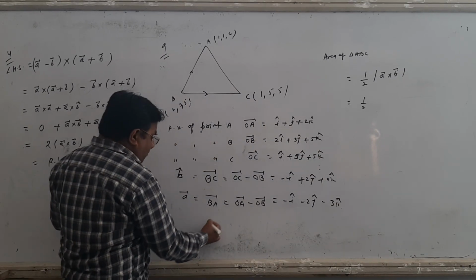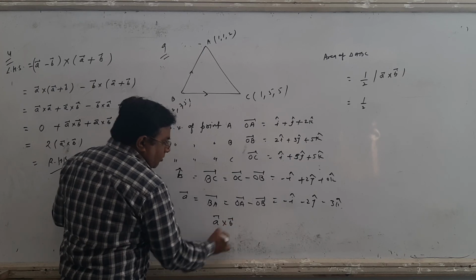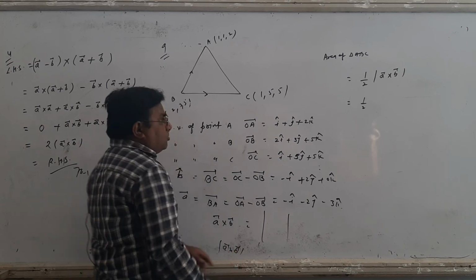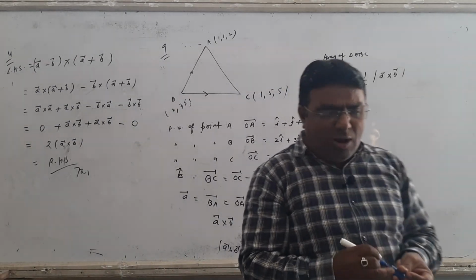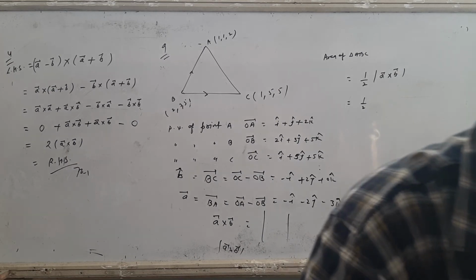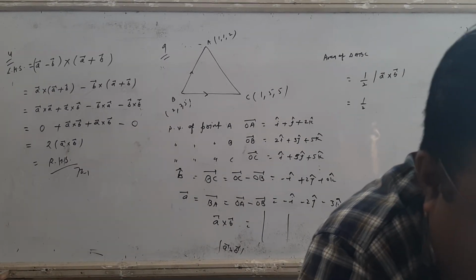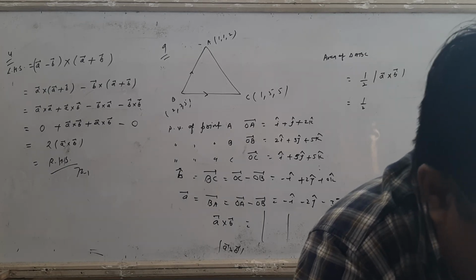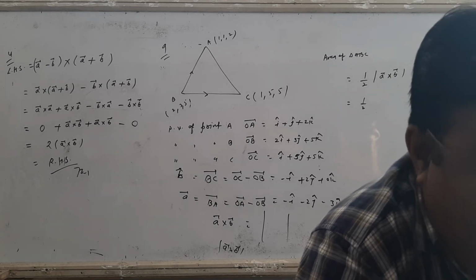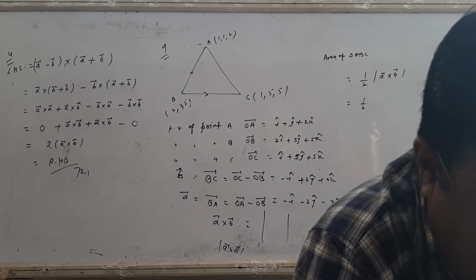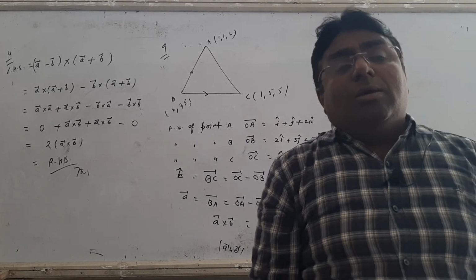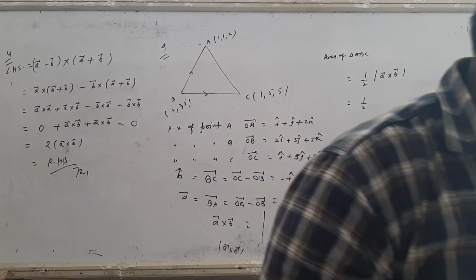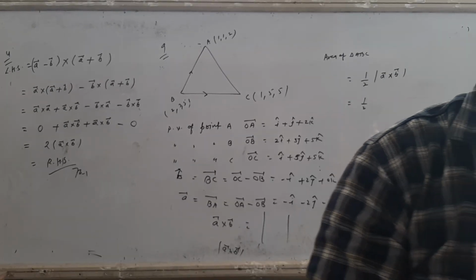Now find A cross B. After that, find A cross B using the determinant, then find the magnitude of A cross B and substitute it into this formula. Same for the parallelogram; there are two formulas. Question number 10: find the area of a parallelogram whose adjacent sides are given. When adjacent sides are given, the formula is the magnitude of A cross B. But when diagonals A and B are given, as in questions 11 and 12, the formula is 1 by 2 magnitude of A cross B. So student, please solve exercise 10.4. This is a very easy exercise. Solve all questions. Thank you.